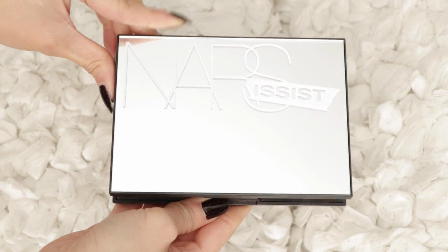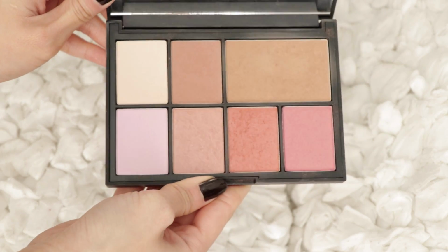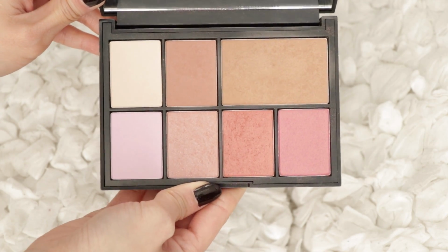And the other one is from NARS. This is just in general one of my favorite face palettes. It's the Narcissus Cheek Studio palette, and I really like the shade Laguna for contouring, and all of the blush shades are beautiful on. And speaking of palettes, I have a couple of my favorite eyeshadow palettes from this past